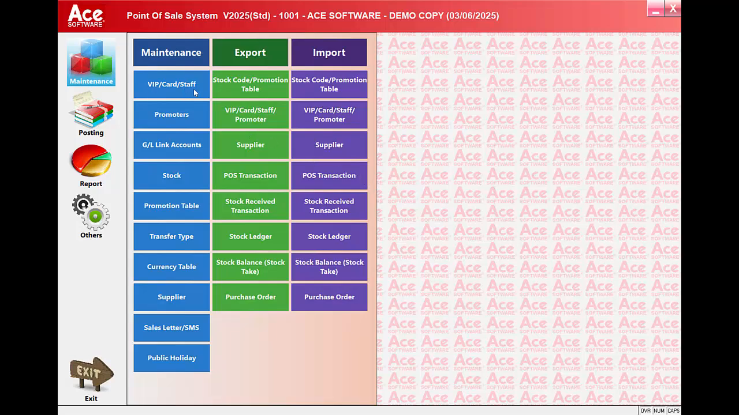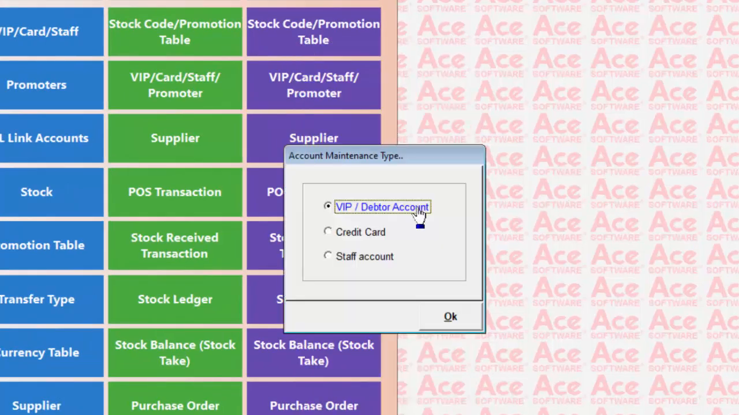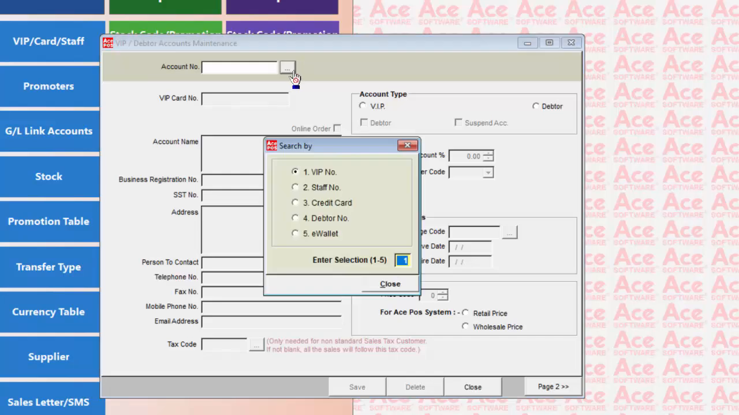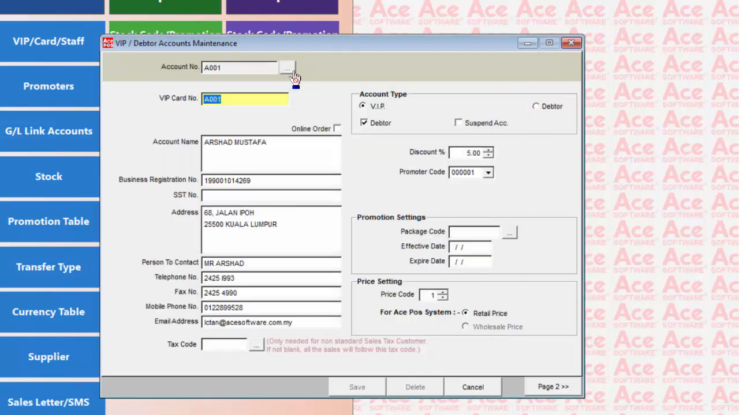First one, you have VIP. This option is where you can create accounts for individual VIP accounts, or you can create types of credit card that are accepted in the system and or staff accounts. So let's look at the VIP account. You can create different accounts with different numbers. Let's say it's VIP, for example, this particular person, Ahmad. You can see here we enter all the names, if it's a business registration number, SST, addresses, and so